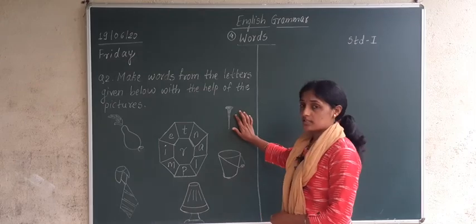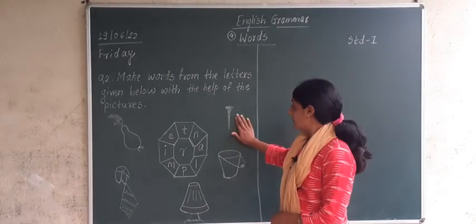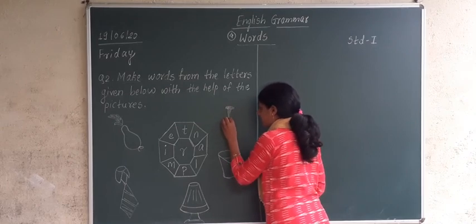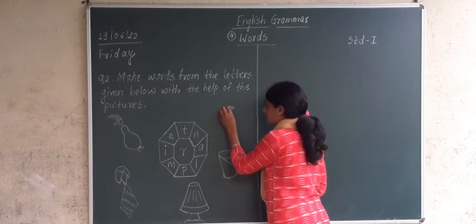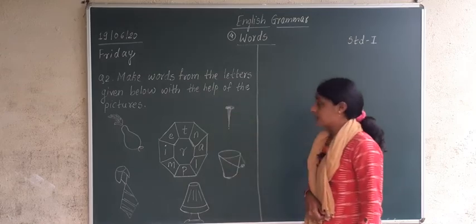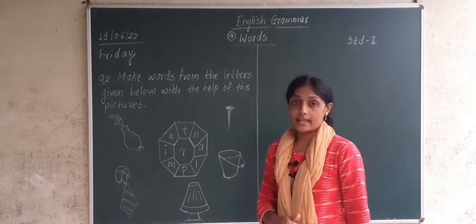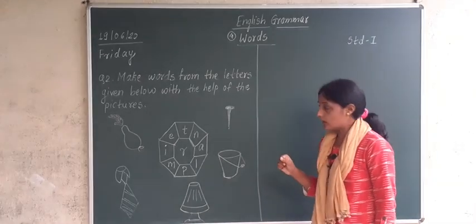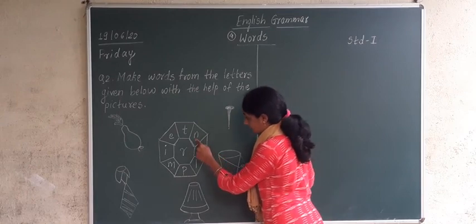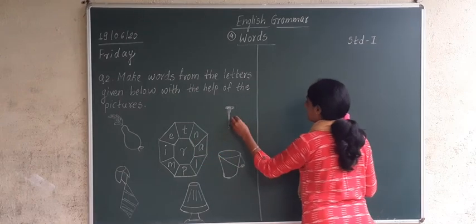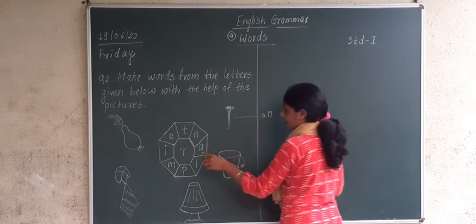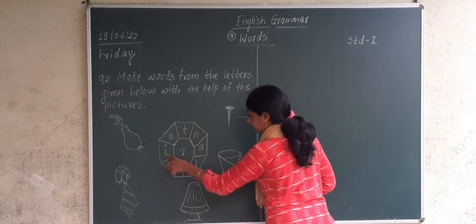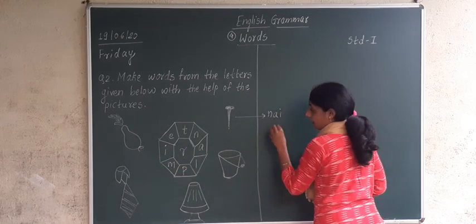The first picture which you can see over here is of what? Can you guess? It is something round on the upper side, and then some pointed thing is drawn on the lower side. What is it? Can you tell? It is a nail. Now can we find the letters which form the word nail? Yes, N is there, right? Yes, N is there. So N, A, yes, A is there. I is there, yes, I is there. And L,